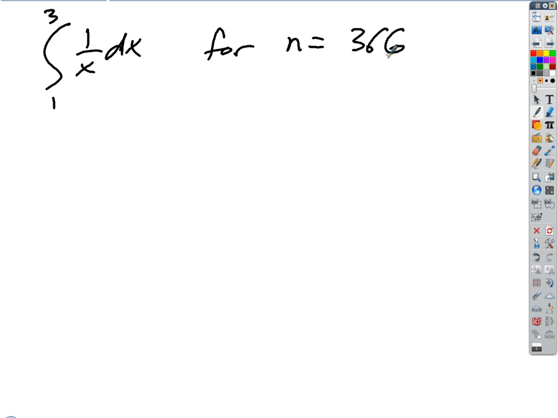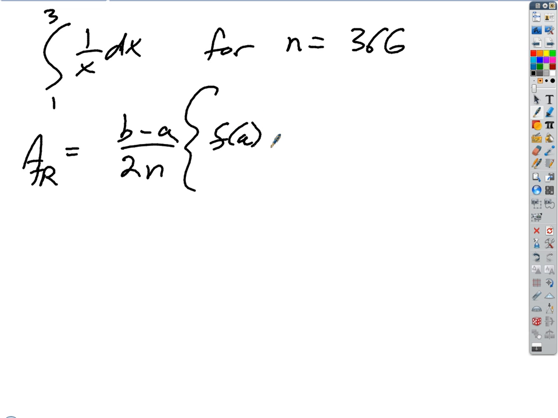So first things first, what I think you ought to do on these is just start off by writing down the trapezoidal rule. So what is it? And this is definitely a huge number for n. We want to write this in terms of sigma, obviously, right? So what do we get? So what was our multiplier up front? B minus A over 2n, good, times